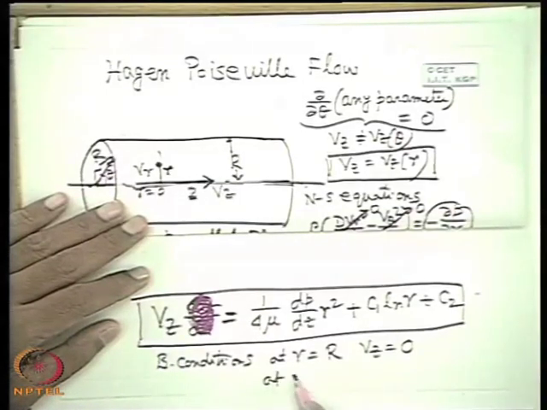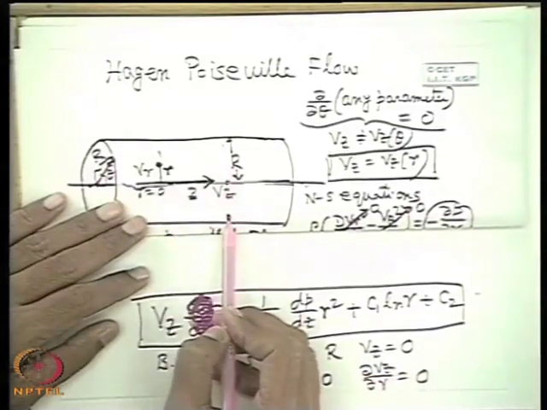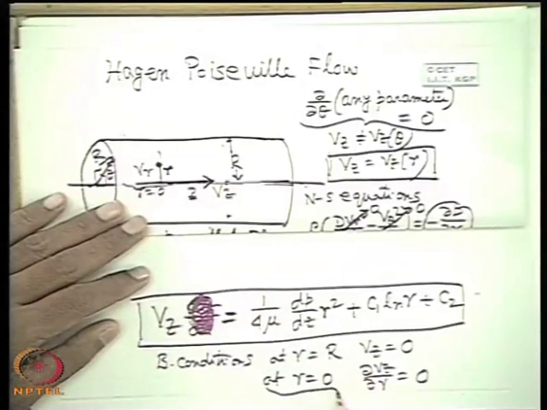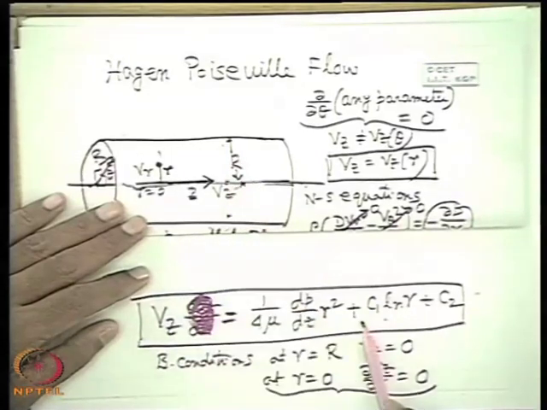At r equal to 0, very good. Tell me, at r equal to 0, ∂Vz/∂r is 0, because this is symmetrical about this axis. But this is not required rigorously. Mathematically, one can simply argue that at r equal to 0 the flow field is defined, so the ln r term cannot exist, because it cannot define the equation physically at r equal to 0. It is undefined with an ln r term. So C1 is 0.